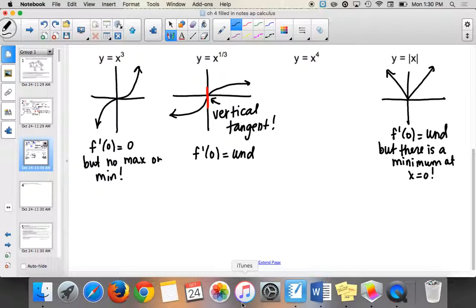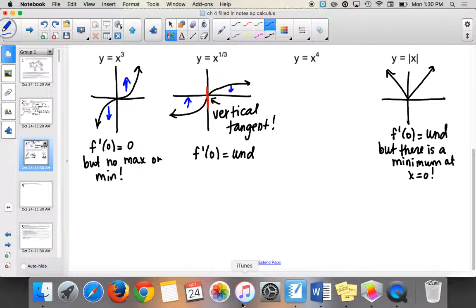And then x to the 4th, this is kind of a weird one. It involves something that we call concavity, which we're going to talk about in the next few sections. So concavity, like for x cubed, see how this is down and this is up? Some people say holding water and not holding water. Like think about a bowl. It's concave up, we call it. So this looks like part of a bowl. It's concave up, and then this part is concave down. It's going down. So that's a way to kind of describe it.